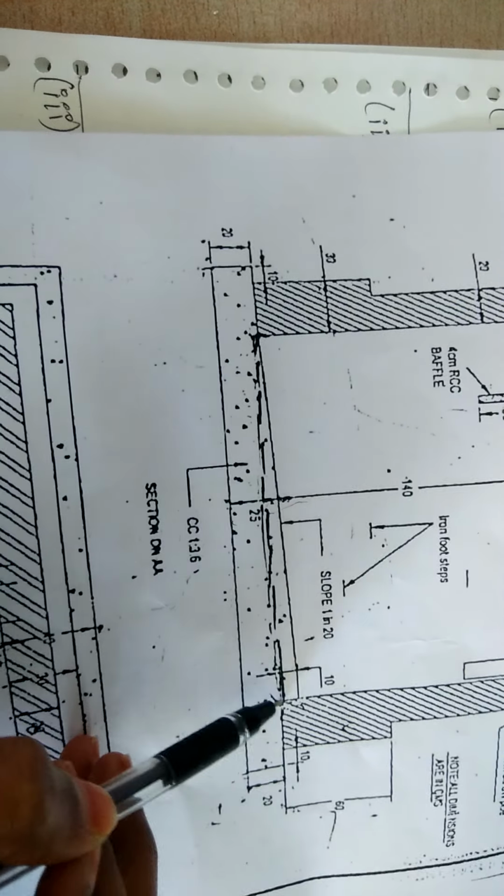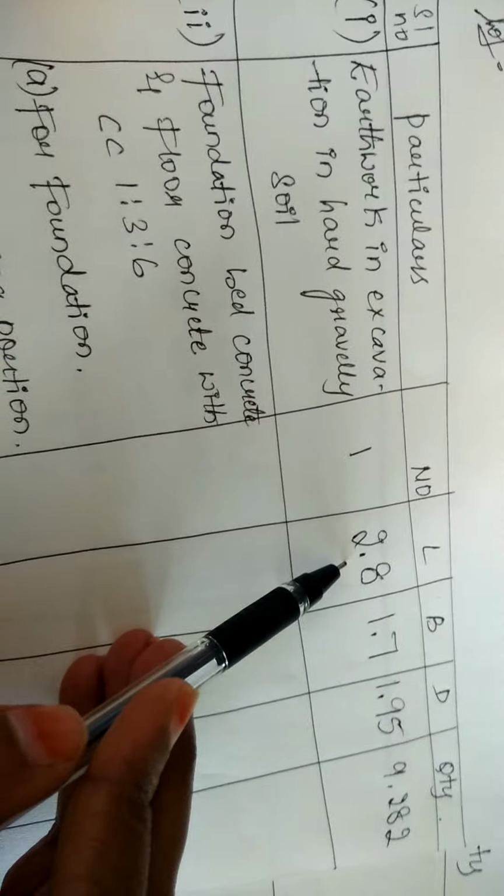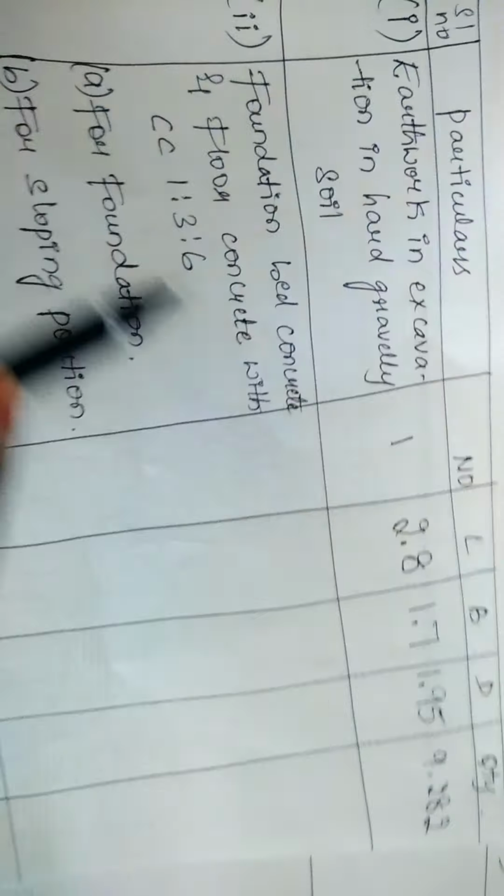So now for the bottom rectangular portion, this much length we need to consider. So the total length will be the same as the length of your excavation. So for the foundation, you write down whatever length you got for the excavation purpose. Both the lengths are the same here because from edge to edge we have to fill the concrete here.